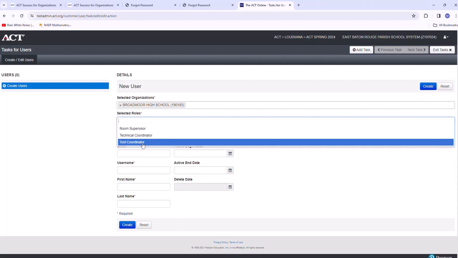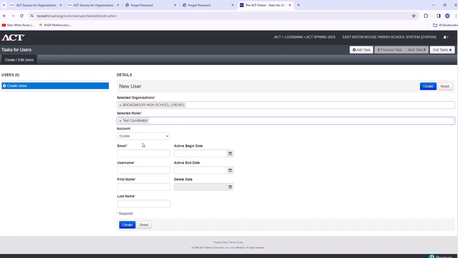So you're the backup test coordinator. I can still list you as test coordinator. It's just that the person who is actually the test coordinator has to be in the contact. Remember the managed contacts we did earlier? That's where Brian needed to be listed as well. And then I'm going to put your email address.